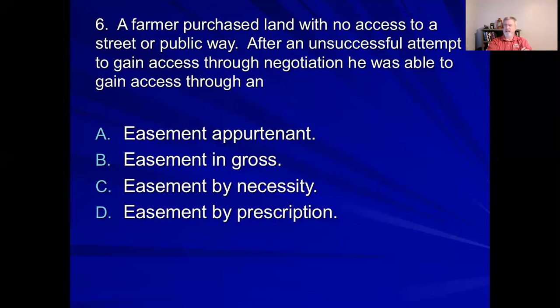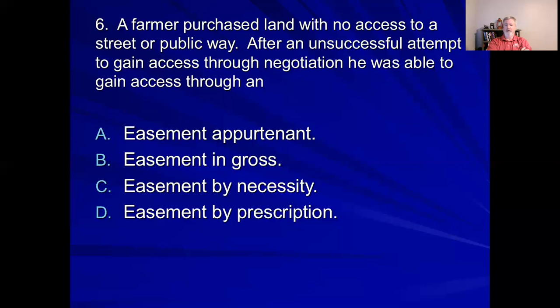But then the last one is easement by prescription. And just to make sure you understand it, y'all, prescription means the easement was created when the owner of a property allowed someone to cross over their land. Now, they may not, in fact, most likely never gave permission. I never told them they could cross over my land to do whatever it is they're doing. The problem is I never did anything to stop it either. I didn't try to stop it, but I never gave them permission.